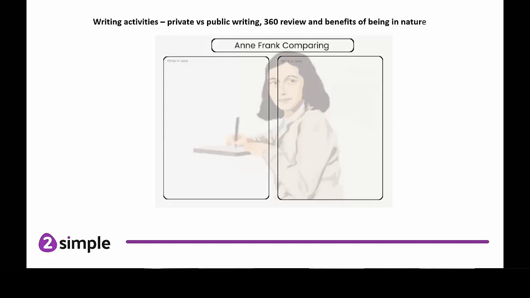Moving on to some of the activities, we've created a comparing template, and this activity can be used for five activities. Here I've only mentioned three. The first one links to what Jillian was saying, that the diary was written first for Anne herself, but then she rewrote it for public use. So we're asking the pupils to write one paragraph, perhaps about themselves or their friends, for themselves to read, then rewrite it for others to read, and think about why the versions are different and why they're not.